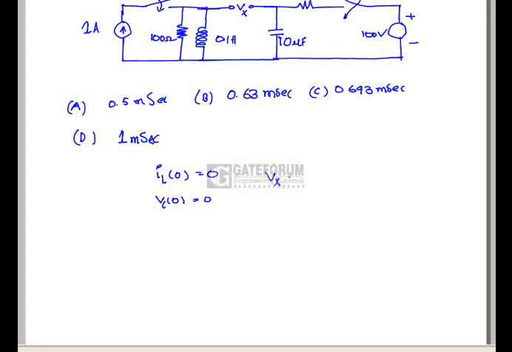Here Vx equals to VL minus Vc. Here IL equals to IL of infinity plus IL of 0 minus IL of infinity into e power minus R by L into t. If we write the equation,